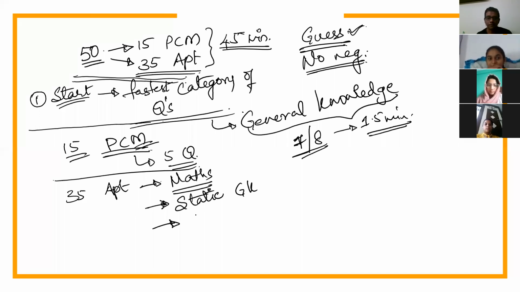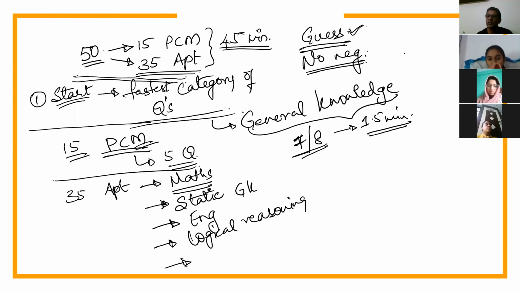English, basics of English, which has more to do with grammar and vocabulary, right? Then what else do you have? You have logical reasoning. And then you have something related to design itself, what we call graphical based questions. What are graphical based questions? I probably give you a box and say, when you open this box, pie chart related questions. Pie chart related questions are also fine, yes, that can also be there.